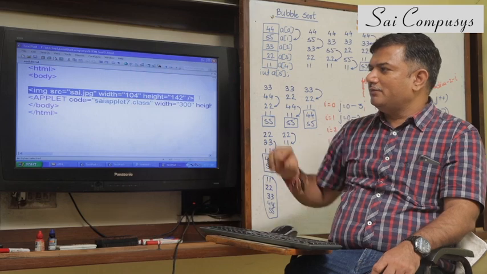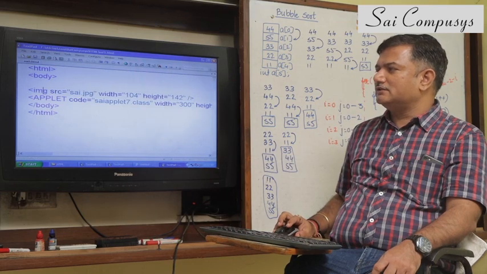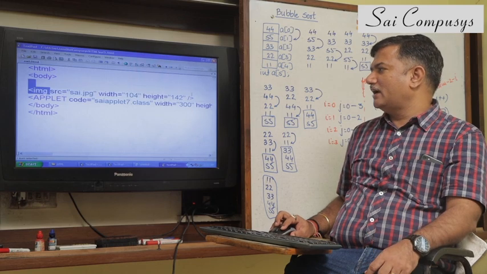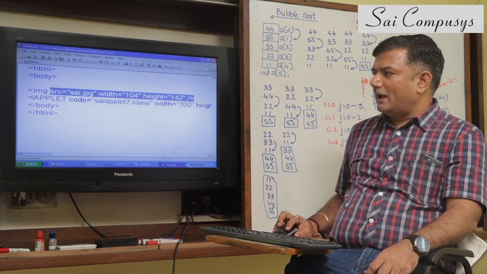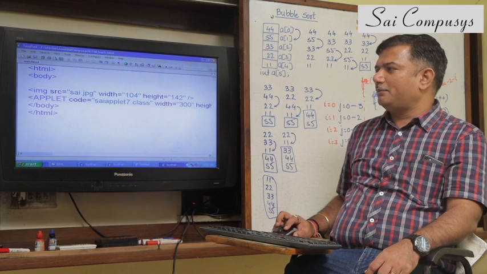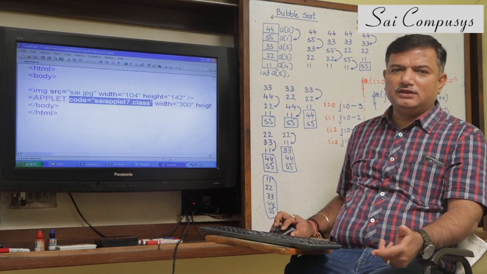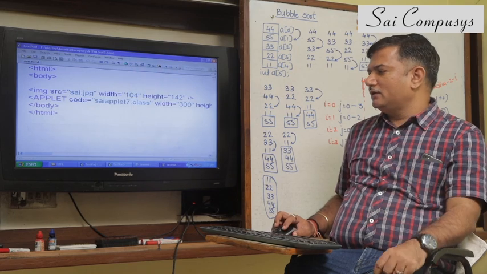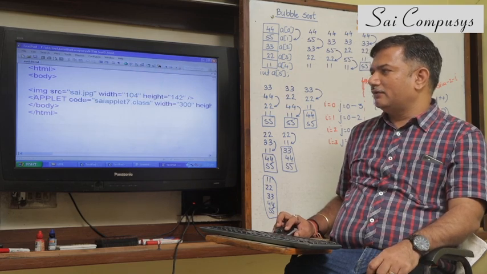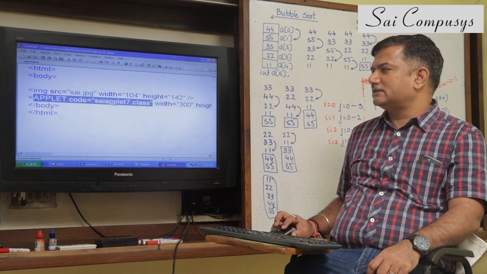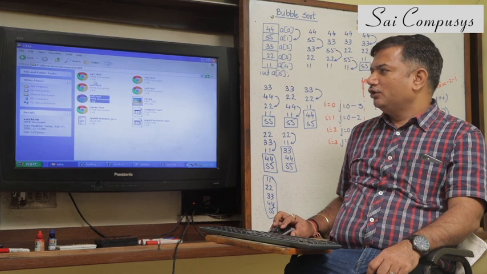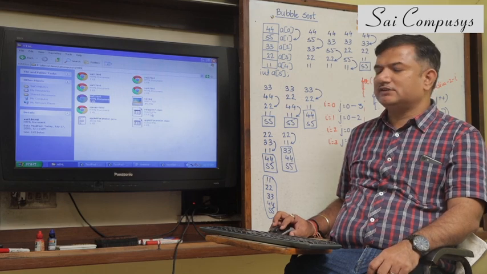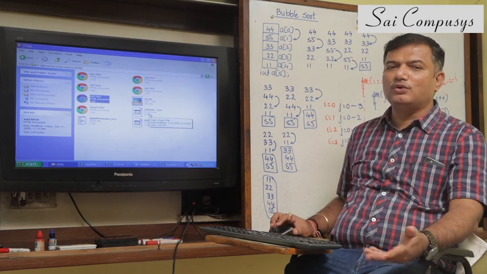applet. For an image, what you need to do is use the image tag, specify the name of the source file, that is the image file, the width and its height. For the applet tag, you need to specify applet, the code, that is the name of the class file, the width and the height. But one thing has to be assured, that this is using sciapplet7.class. The folder where the HTML file resides should have that sciapplet7.class, otherwise it will give you a no class definition